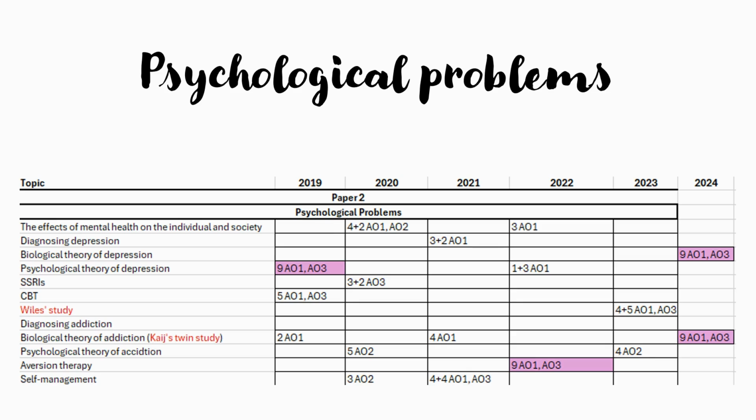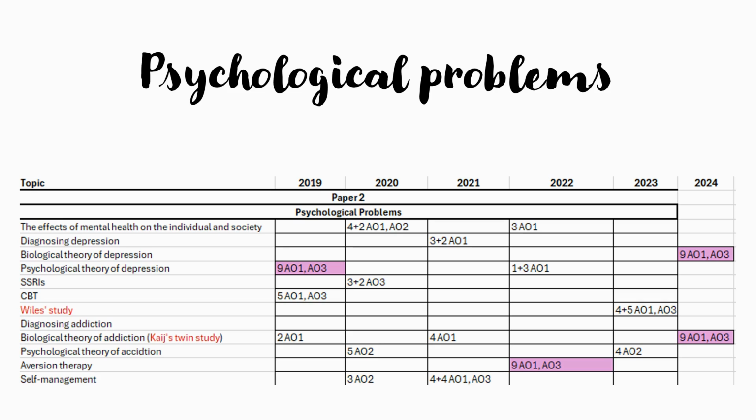The link to the different symptoms, so low mood, and dysregulation in sleeping and eating, which are also linked to serotonin. Questions have come up on SSRIs, but you can link those there. Wiley study as well, that's come up. It has come up as a bit of a longer answer. The other named study in the spec that hasn't come up is Cage's twin study, looking at